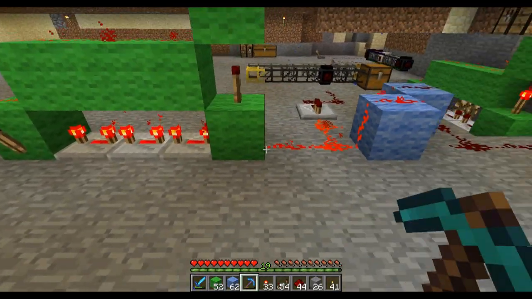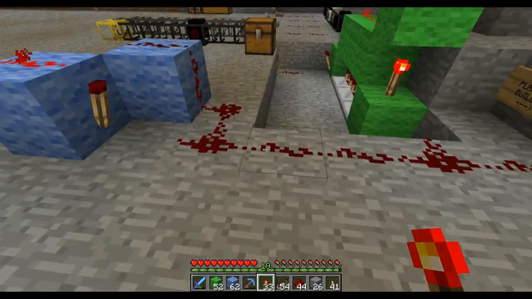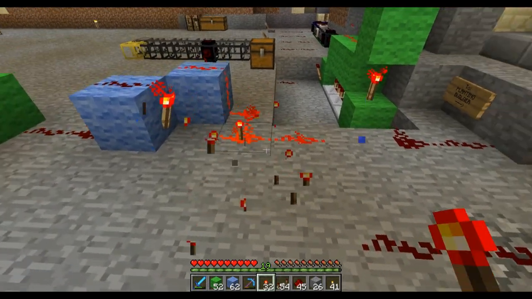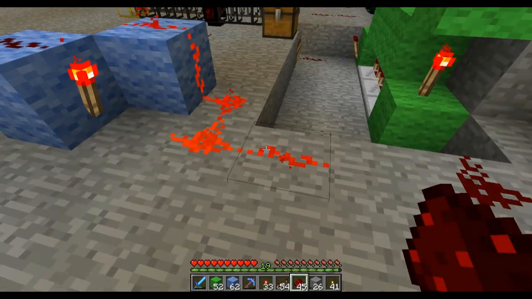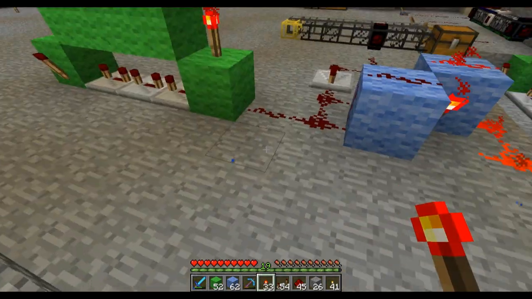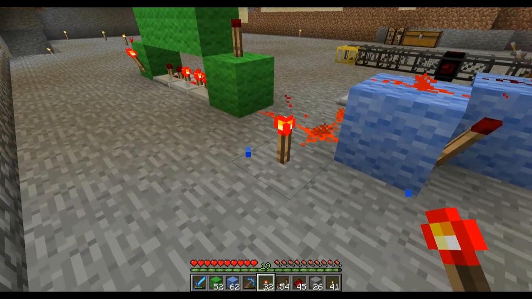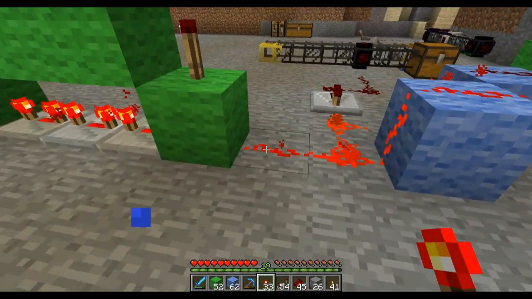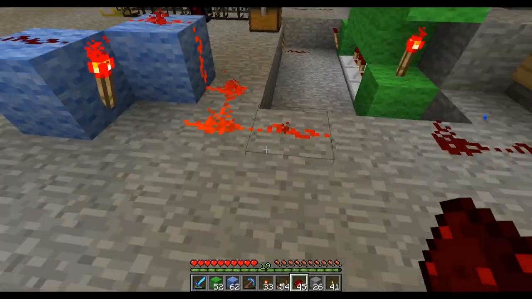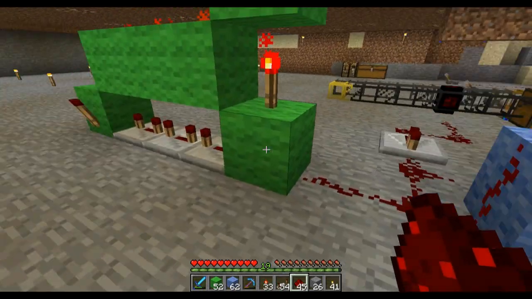So this is not turning on right now, but if you look at this, let me just cut that off. We'll switch it, and then switch it back, and you'll see this torch come on and off. See, it's on, and then it's off. Pretty cool.